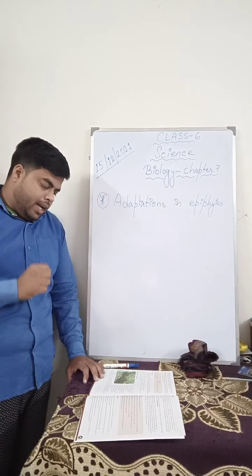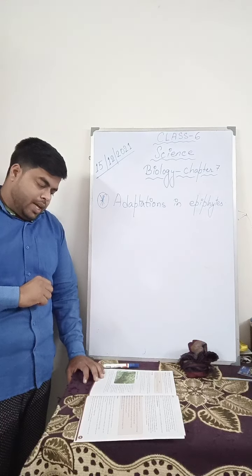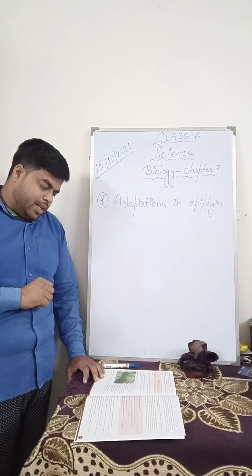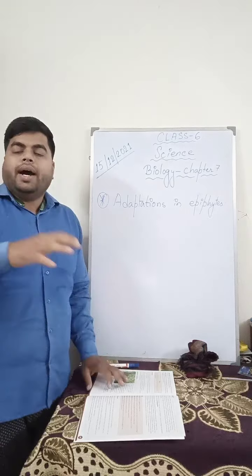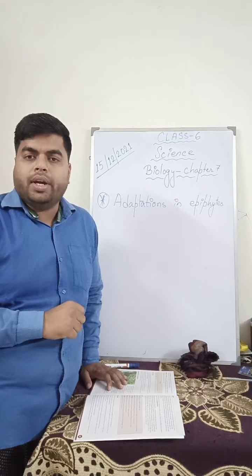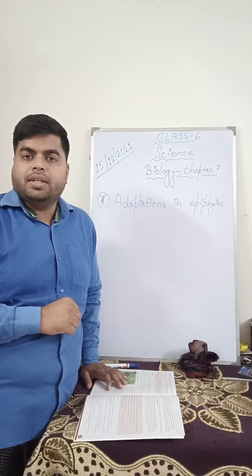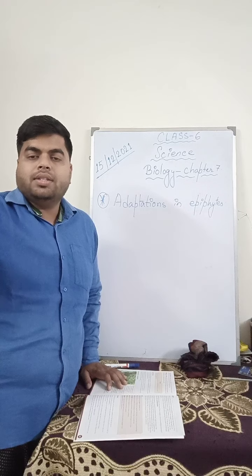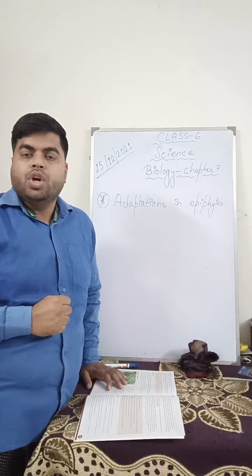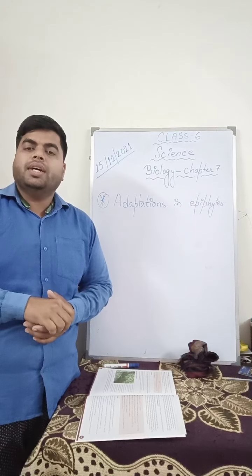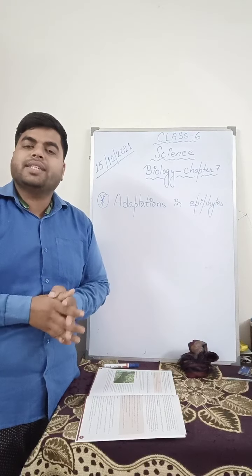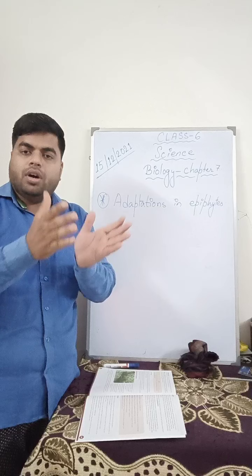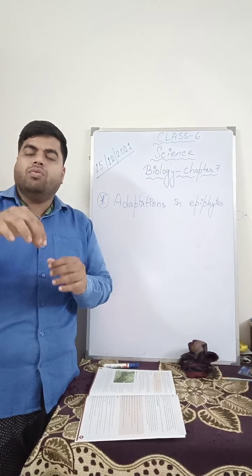The third is, unlike most plants that live in soil, epiphyte roots obtain nutrients from leaf litter and other debris that accumulate on the branches of the trees they live on. So epiphytes do not grow on soil, they grow on branches or on the side walls of a building. So they get nutrients from the waste products that get gathered in the corners, in the branches, or on the walls.